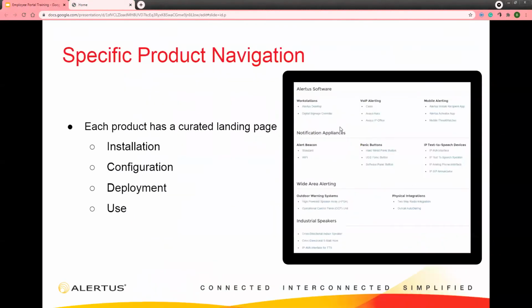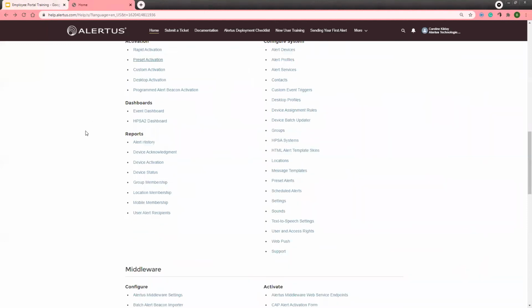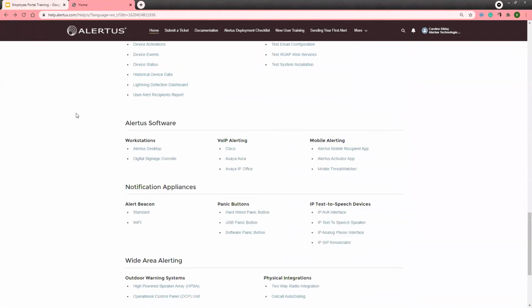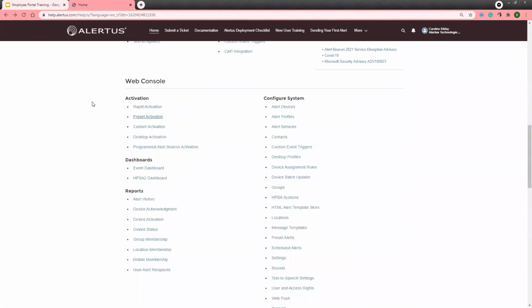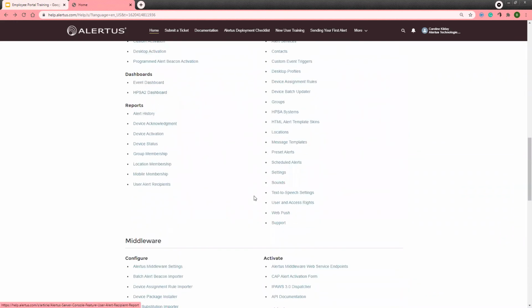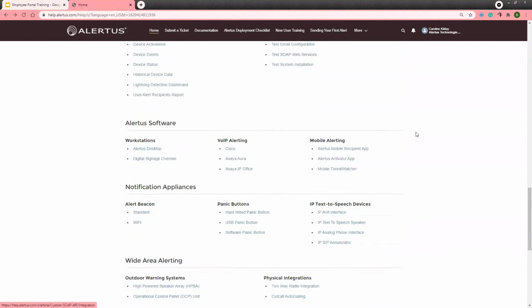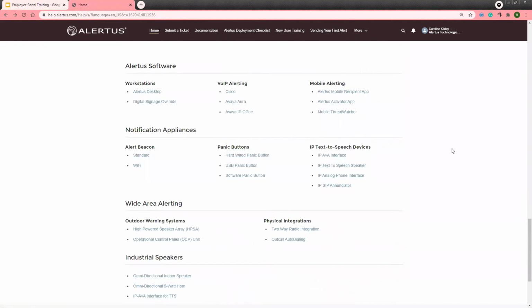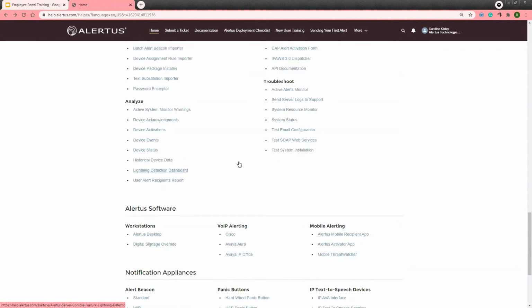But we do have more than just the Alertus server software. We have an entire suite of software and notification appliances, and there is no better way to navigate to that information than to have sections specifically designed for it. So much in the same way that this is a vivisection of the server where you can poke around in the guts, we have a similar form of documentation for all of our other products. If you want to, for instance, set up an IPAVA interface,